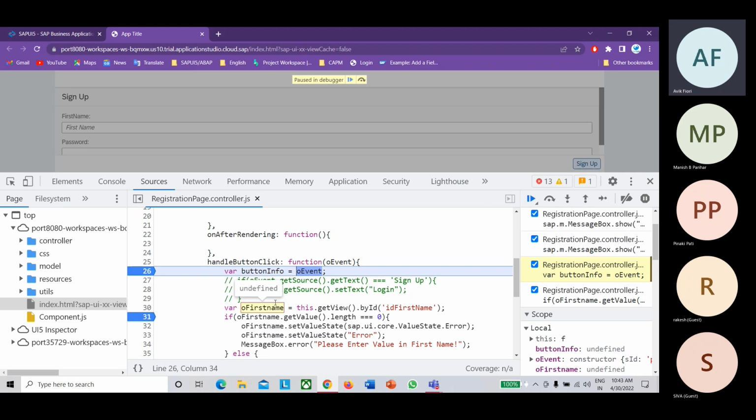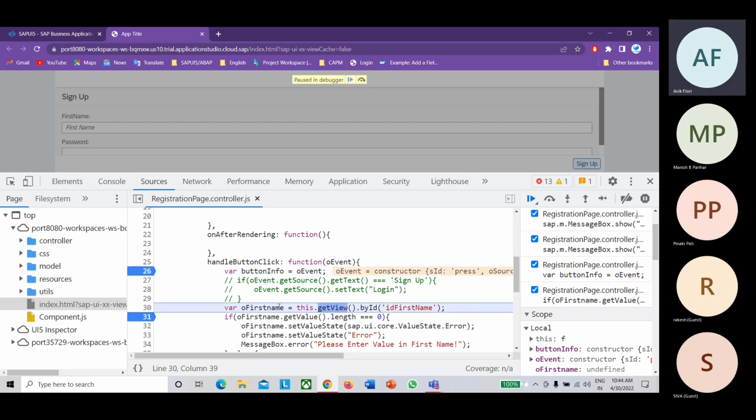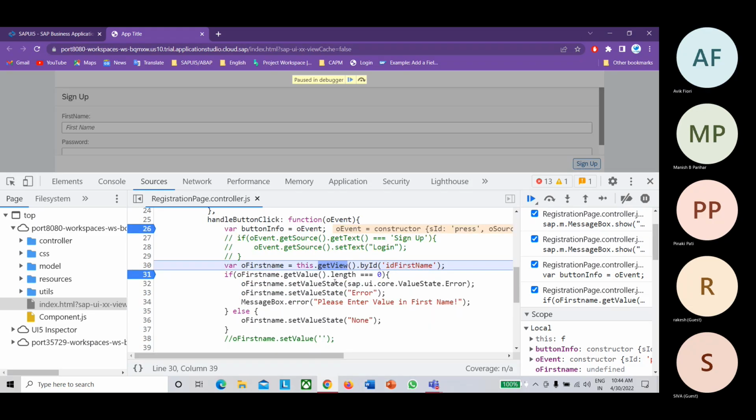Let's say I want to execute only one line, that is, I want to go to line number 30. You should not click on resume. If you click on resume, it will directly take you to line number 31, because we have kept the next breakpoint at line 31. But if, instead of a breakpoint, you want to debug line by line, you can use this step over icon. It will take you to the next line, in this case 30. Is it clear? Yes.